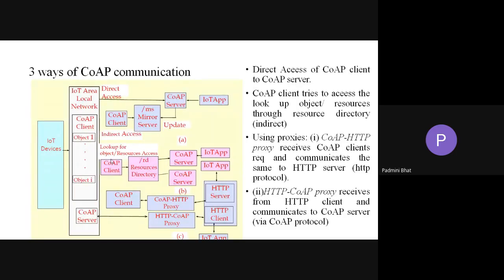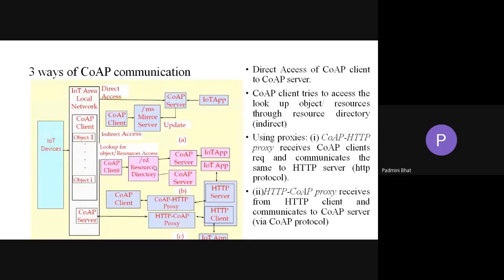Here the CoAP client sends the request for the directory to the server. In the server, whatever is the application, that application will run, and the result or the response will be sent to the client.